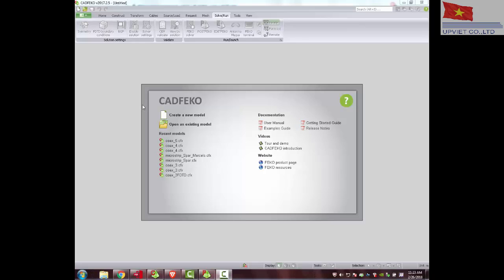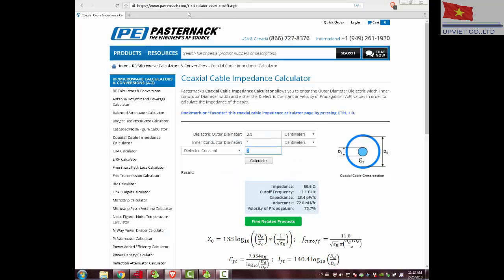Well, we are going to simulate this time a coaxial cable. It's a very simple simulation inside FEKO. First step, we need to define the dimensions of our coaxial cable. We can get this from any analytical online application where the analytical equation for the impedance of a coaxial cable is